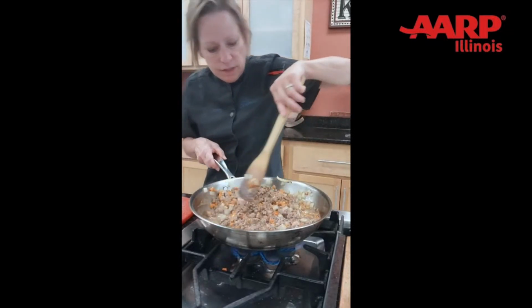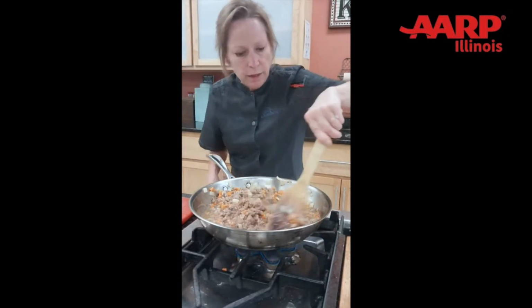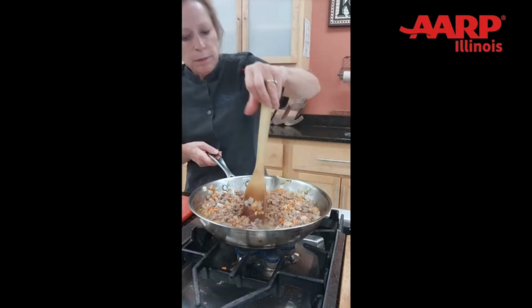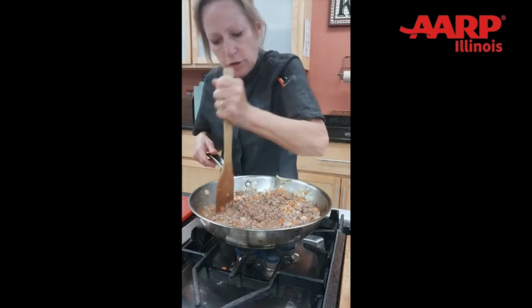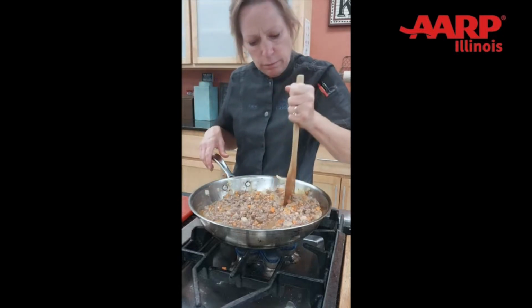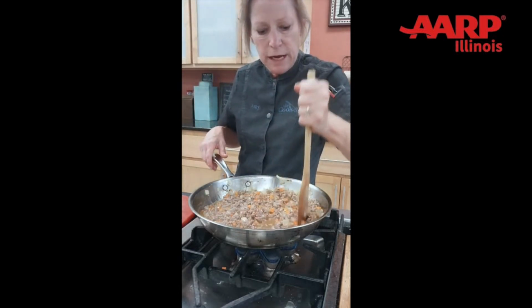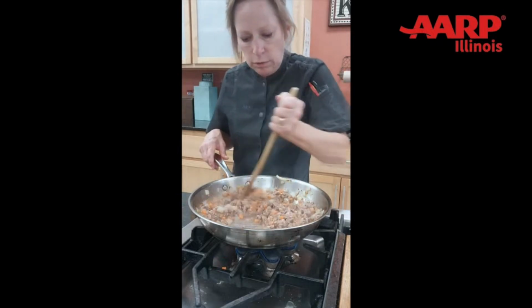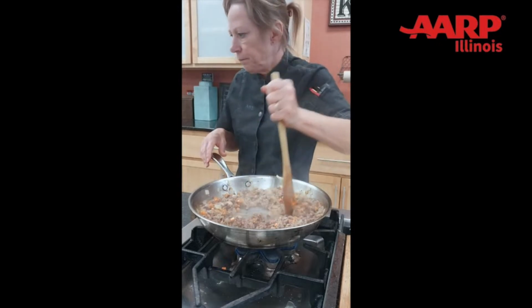We're going to let this simmer. I'm going to turn that down just a little bit. I'm now going to let it simmer for probably about 8 minutes. I've cooked a little farther now, so we can cut that time down just a little bit. All right, so now go ahead